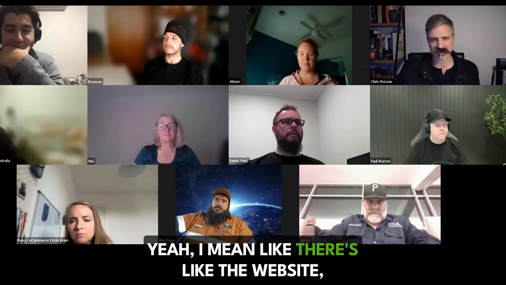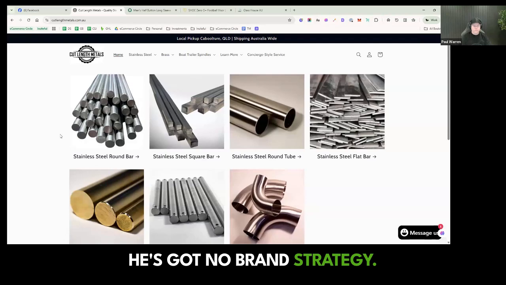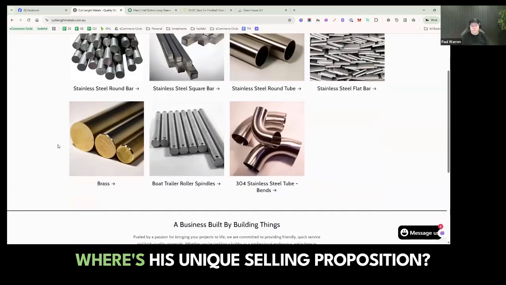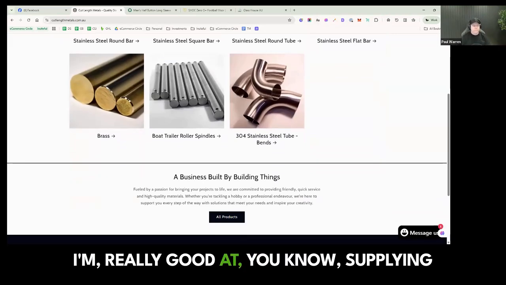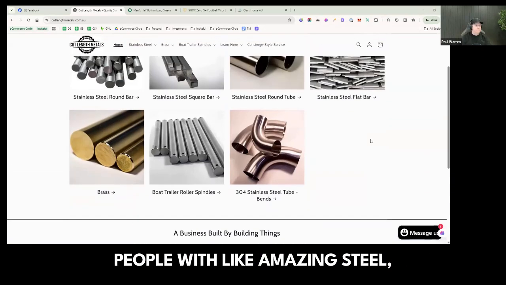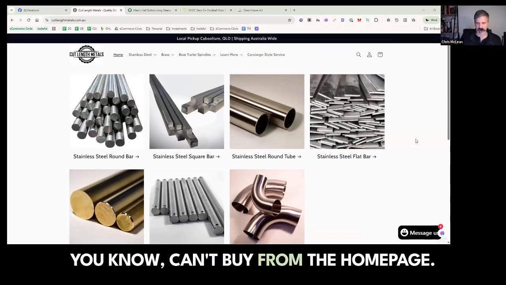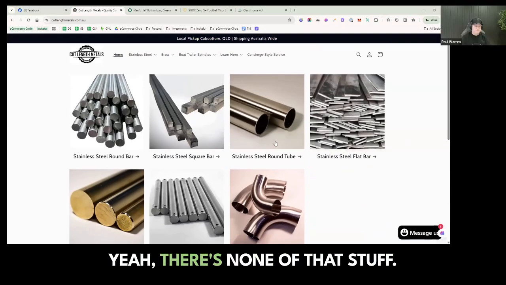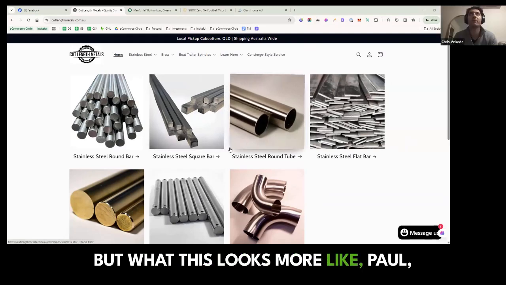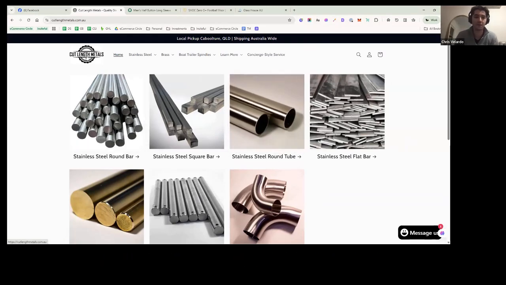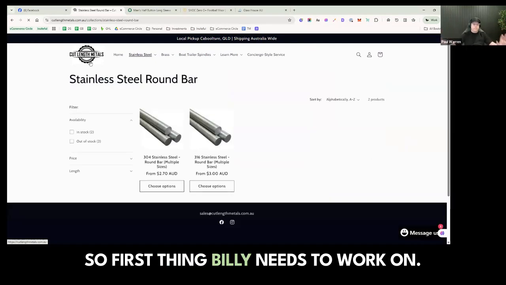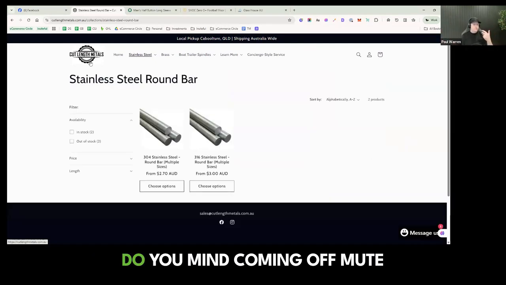Yeah, the website's missing sections. There's no H1 brand banner, no brand. He's got no brand strategy. What's his H1? What's his H2? Where are his trust statements? Where's his unique selling proposition? Where's the, hey, it's Billy here, I'm really good at supplying people with amazing steel, buy this from the homepage. There's none of that, no bestsellers stuff, right? It kind of looks more like a website, but it's more of a brochure rather than a sales mechanism. So the first thing Billy needs to work on, I'm sure there's something,